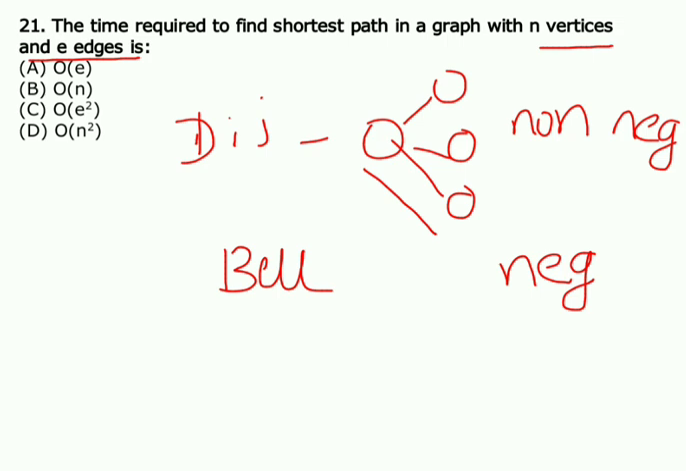Whereas in the case of the Floyd-Warshall algorithm, it will find the shortest path between all pairs of vertices in a weighted graph. Okay, so Floyd-Warshall will find the all-pair shortest path in a weighted graph. Here the time complexity of Dijkstra's algorithm is